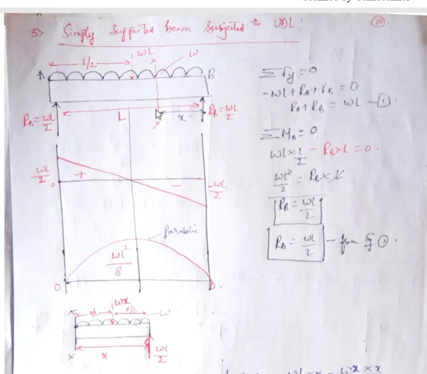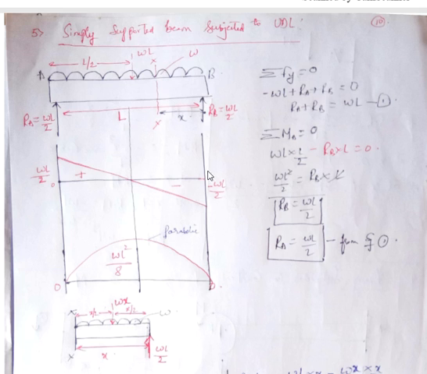Now once we get the reaction forces, we are going to plot the graphs of SFD and BMD. Again for plotting that graph we are going to follow the same method, that is take a cut section XX at a distance X from the end B. You can take it wherever you want. If you want, you can take the section at this end also and consider only the left portion, but I am comfortable in taking the section XX and considering the right hand side portion.